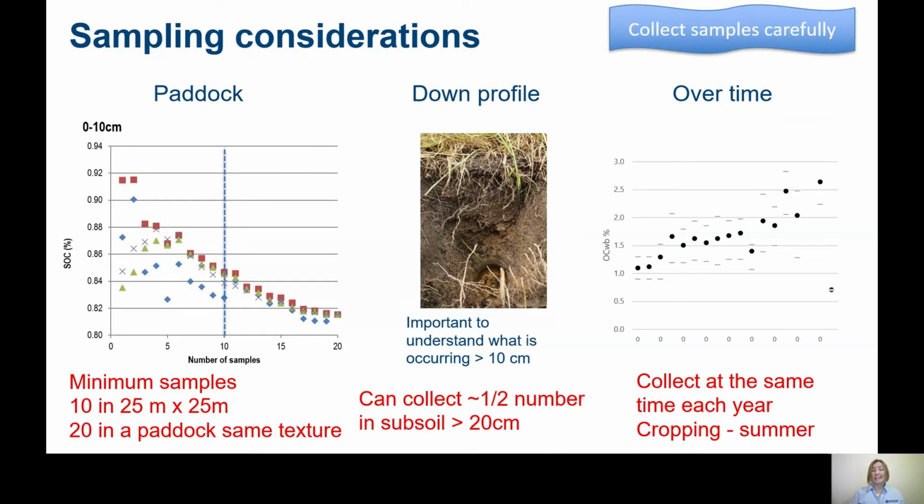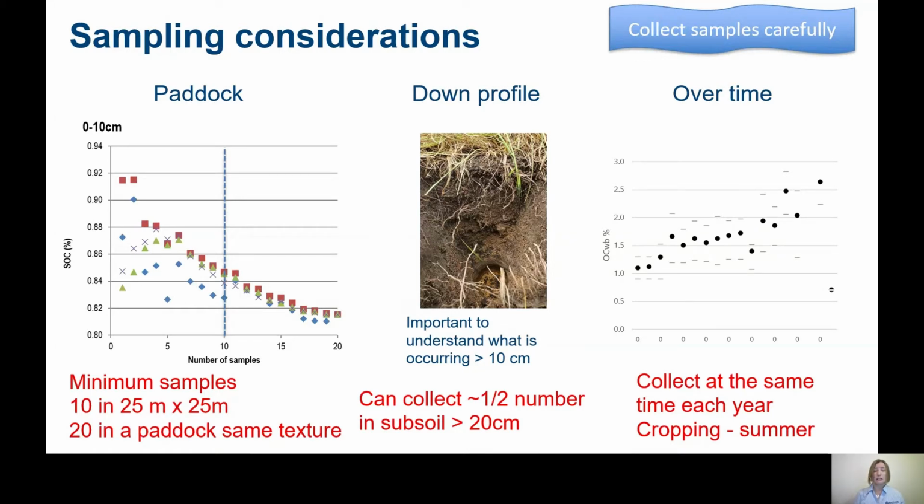So when we actually take a soil carbon sample, we need to have some good thought about taking a good sample to make sure that what we are collecting is representative of the paddock or the area that we're focused on. When we take samples, same as with an agronomic sample, we often take a 0 to 10 centimetre sample if in a cropping system, or a 0 to 15 if you're pasture or viticulture. And we look at the number of samples that we can have.